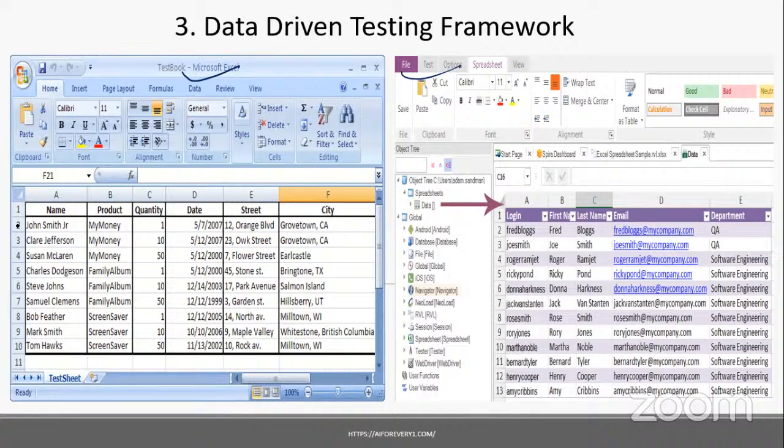So the biggest advantage is that we can execute for different sets of data. The initial problem of maintenance was resolved in the next framework, where they brought reusability. But again, in modular, the problem was data. The data hard coding is answered in the data-driven framework.